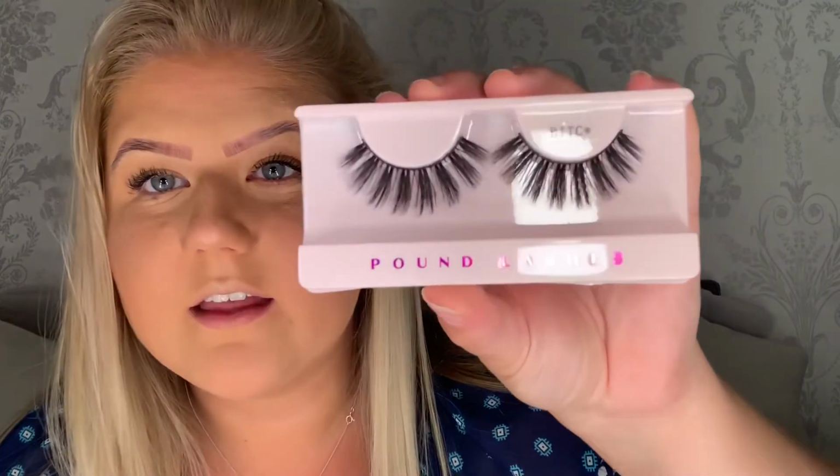The next item that I did actually purchase was some lashes. My boyfriend's sister Esther advised me to get these because her best friend Alice got them, and she's a makeup artist. They're called Pound lashes, and it is literally what is on the tin. They are £1. They took quite a while to come, but obviously coronavirus and things. The packaging is crappy, but they are beautiful. So I got these ones here. I've taken the packaging off,